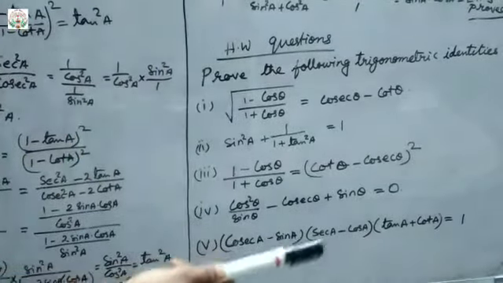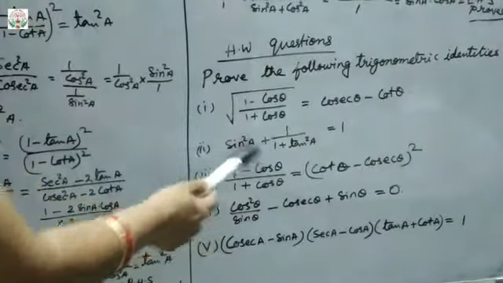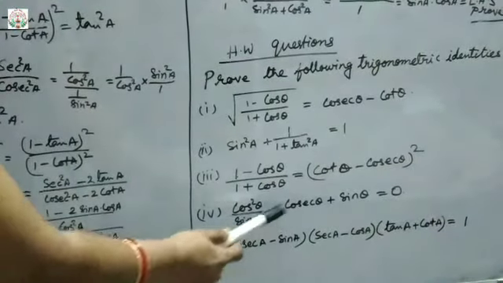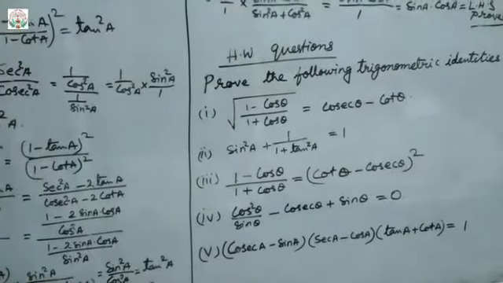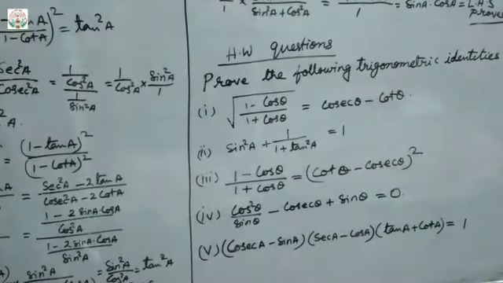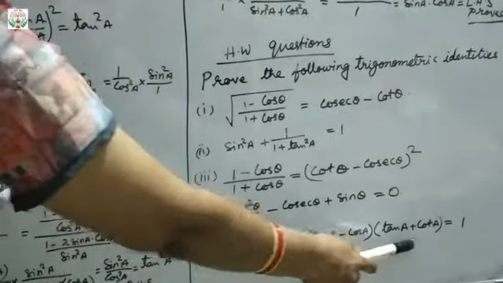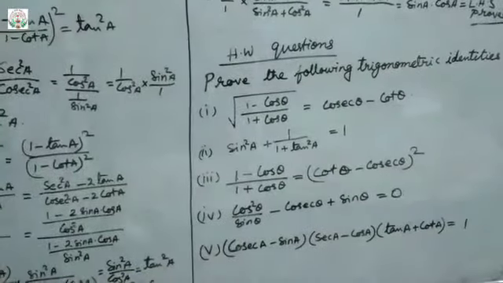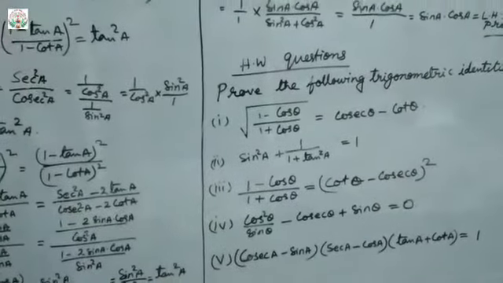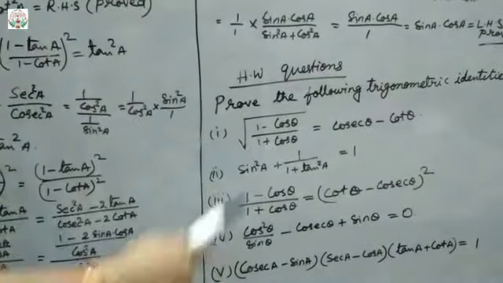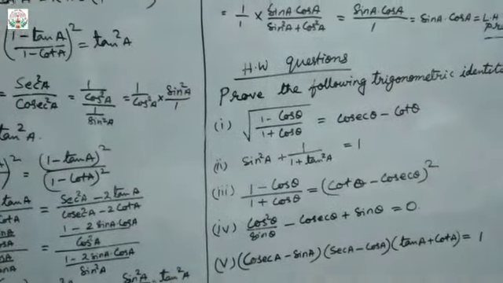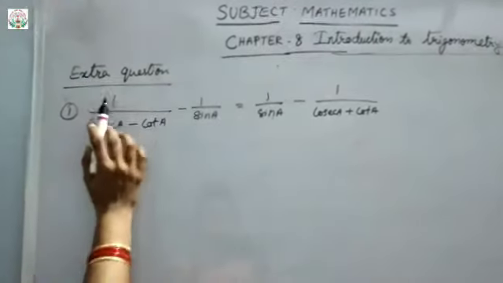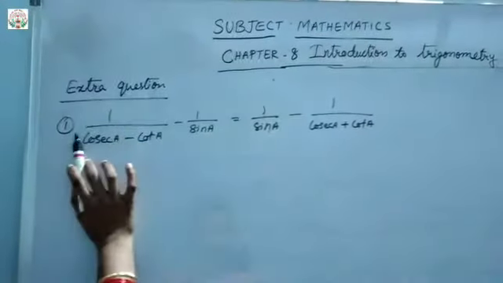Already I am giving you a hint. You have to solve on your own. This also, do it by rationalization and find. And then here also, change everything into sine and cos form and then solve, you will get 0. And then this one also, in the form of sine and cos, solve, you will get the answer as 1. Okay, solve these questions as homework questions. In your fair copy only you will solve these questions.